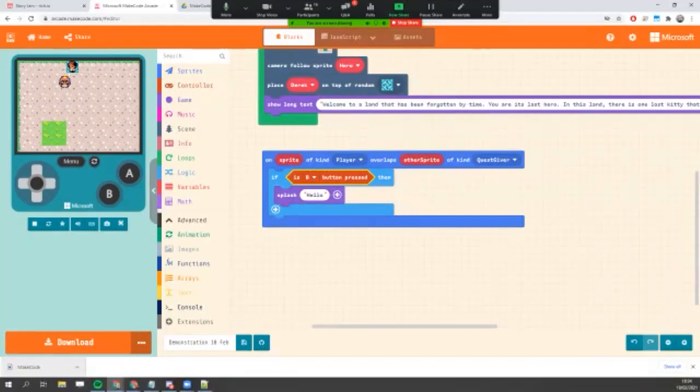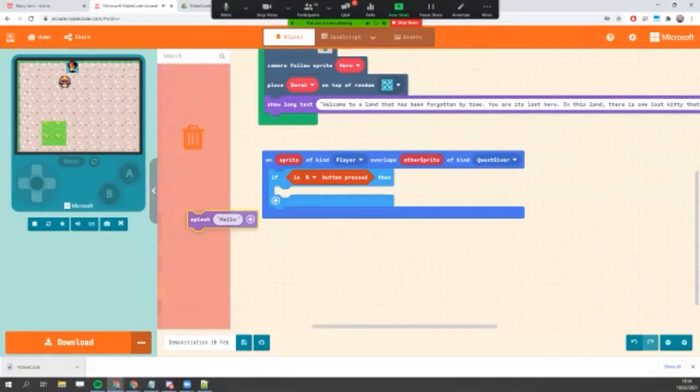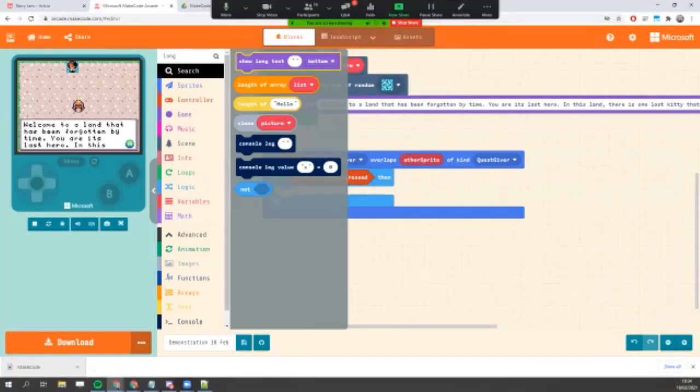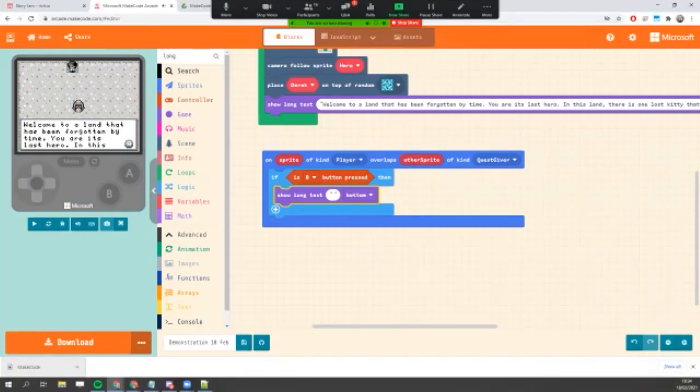Right. Now we can change this into a show long text because I really like the way that the text looks at the bottom. You can also search this. So if I search for long, it's going to appear with show long text at bottom. We can change this to be anywhere or even be full screen. And we can say,